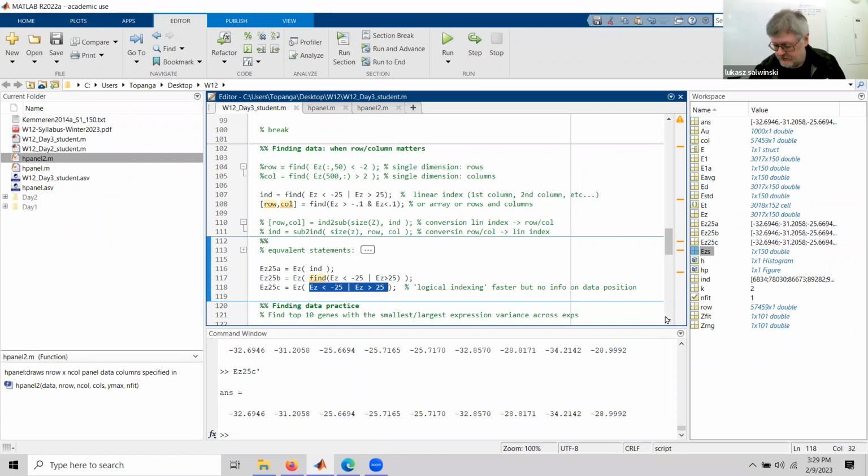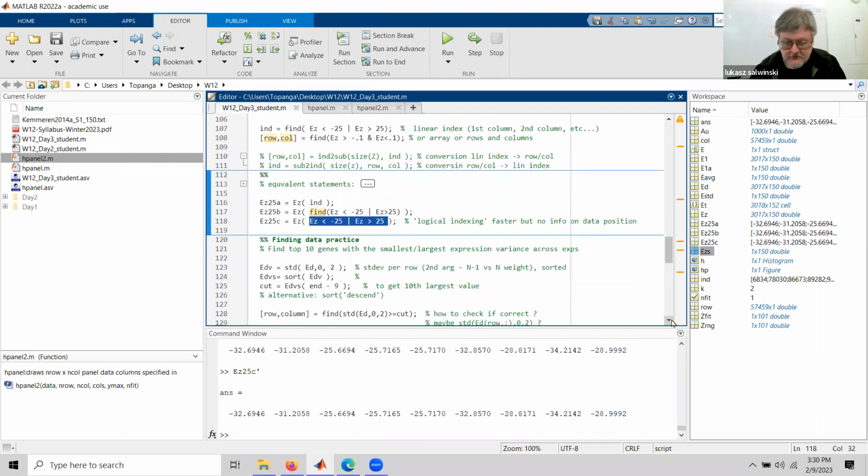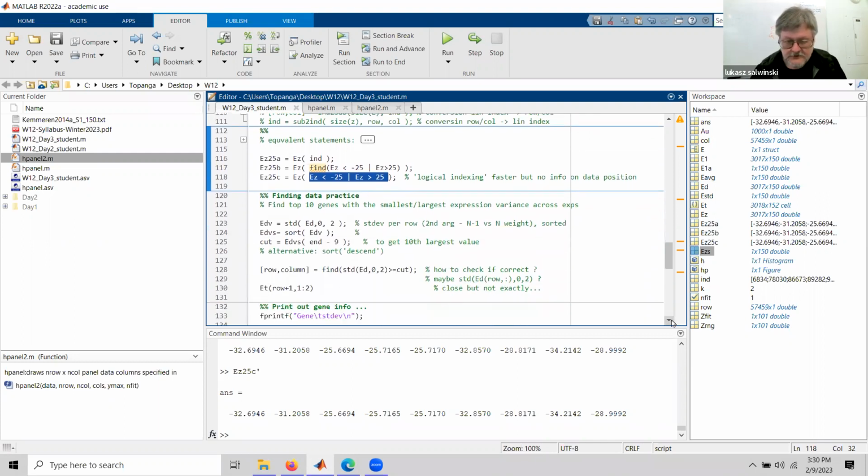Here's another snippet of code that's trying, this time, to find genes that are not corresponding to the highest value in our data set, but we're trying to find, let's say,